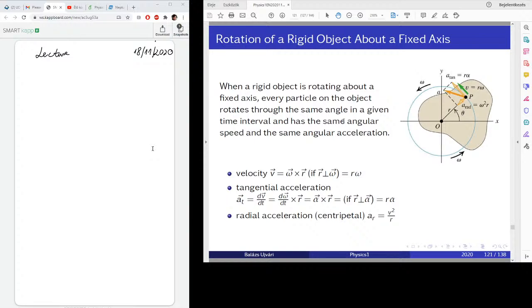So v is here like r1, r2, r3: omega r1, omega r2, omega r3. So the velocity depends on the position inside the body. So if you want to add the kinetic energy of these small boxes, the small elements of this rigid body, you have to sum